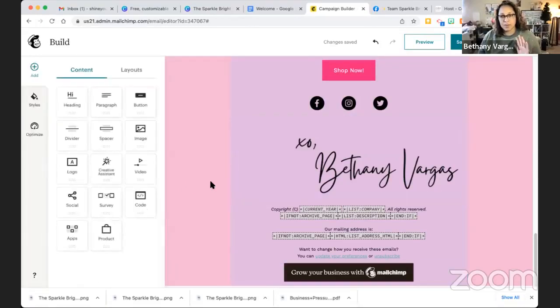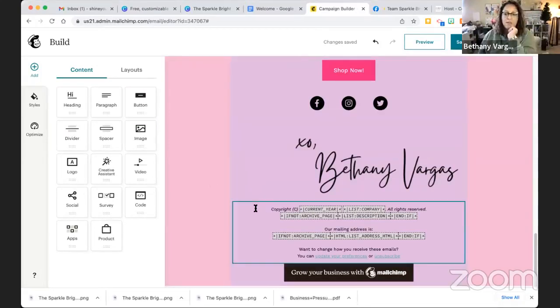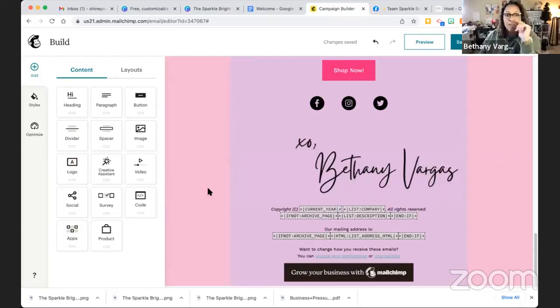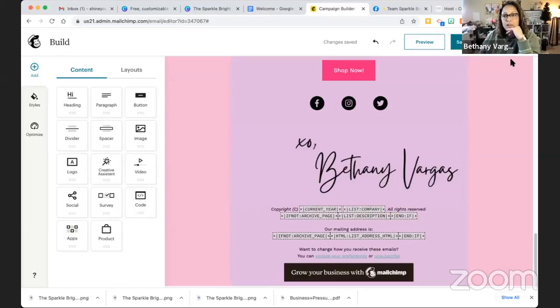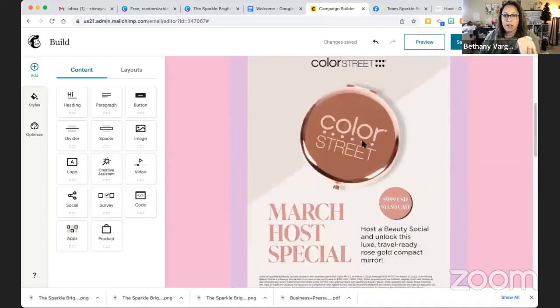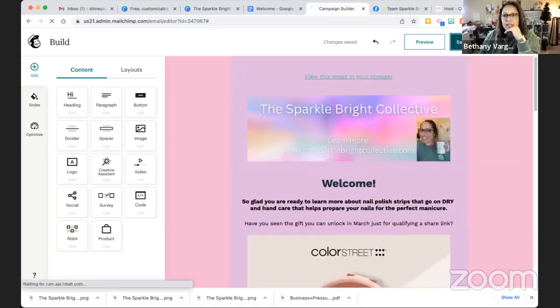I also have Shopify, and Shopify will let you use their address. I'm not sure if MailChimp will do the same. However, there is a workaround where if you, let me click save and exit, because that's how I want it for now. Okay. So if I click save and exit,